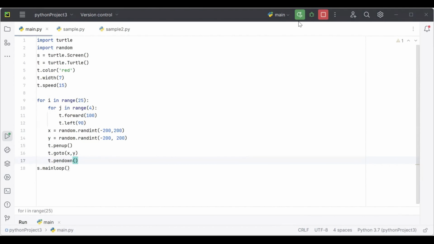See, it's drawing at some random positions. I think instead of the minus value, I need to change it. All right. So maybe instead of minus 200, I'm making it minus 170. Oh, sorry. Maybe this one I'm making it minus 180. Any number, okay? Now I'm making it a small one. Maybe instead of 100, I'm making it 80. Just reducing the size of the